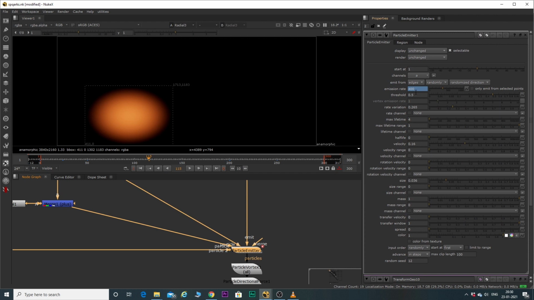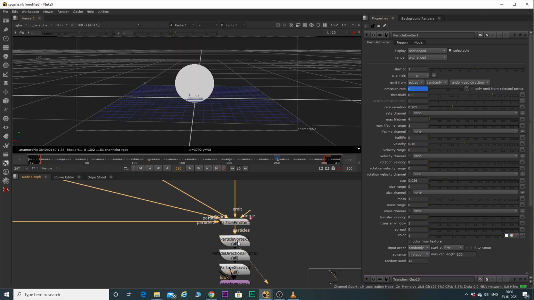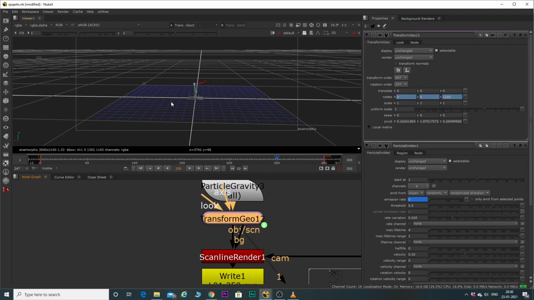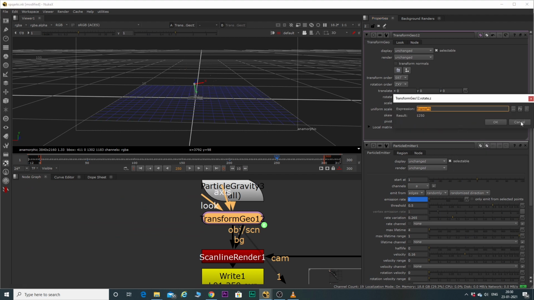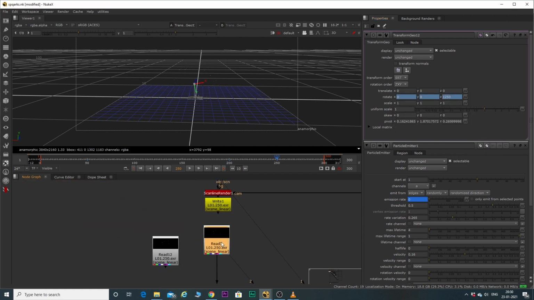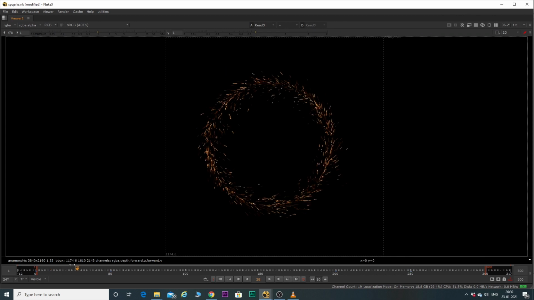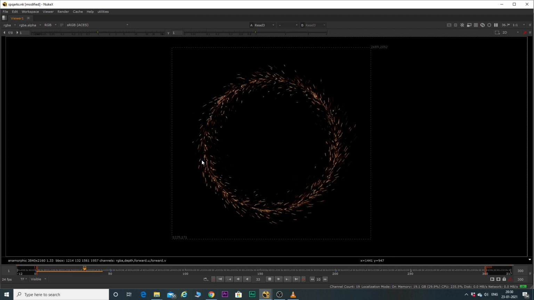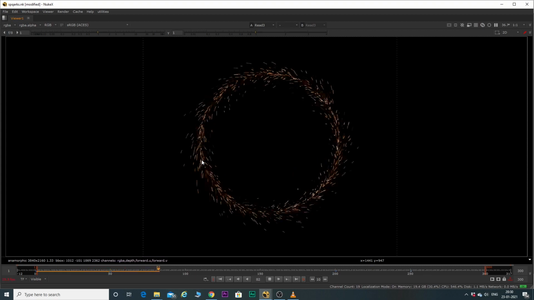So I've animated the animation rate from 0 to 400 till frame 50, and by frame 200 to 250 I've faded it off. I've added some particle vortex, some directional force, some gravity, and I've rotated it anti-clockwise using an animation curve, which is frame multiplied by 5. And this is what I get finally, like that, if you see from frame 1. So this is our base.